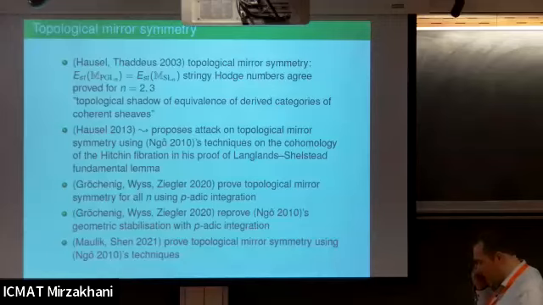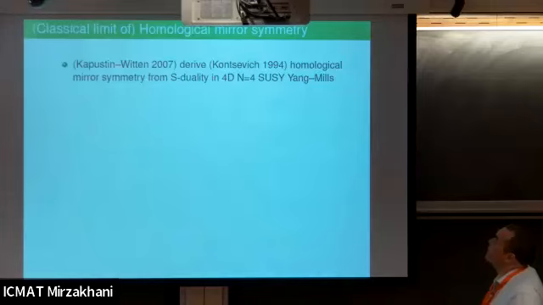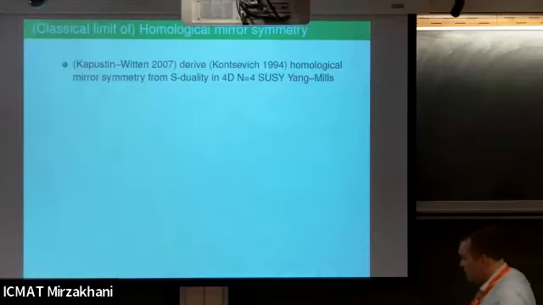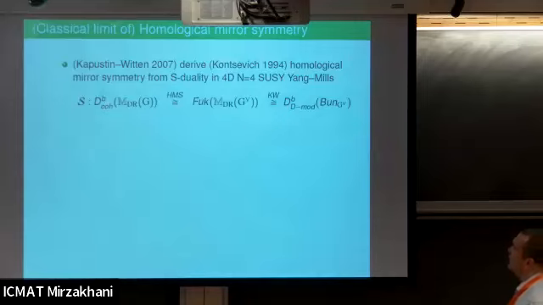So you remember the next level for us was this homological mirror symmetry. And for that, we had to wait for physicists to have a very extensive work on it. This is a physics paper, but with a lot of mathematical ideas. They derive this homological mirror symmetry between these mirror symmetric Lagrangian Hitchin systems from S-duality in four dimensions, from certain Yang-Mills theory there. Their argument is kind of non-trivial.